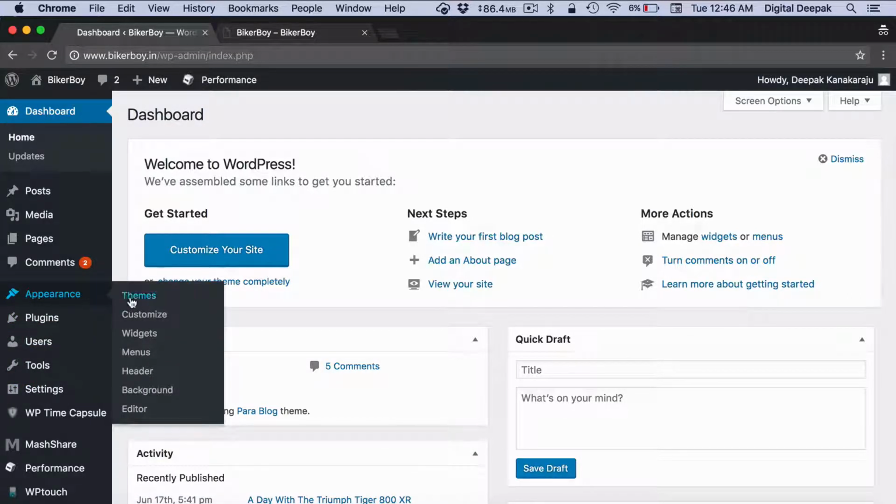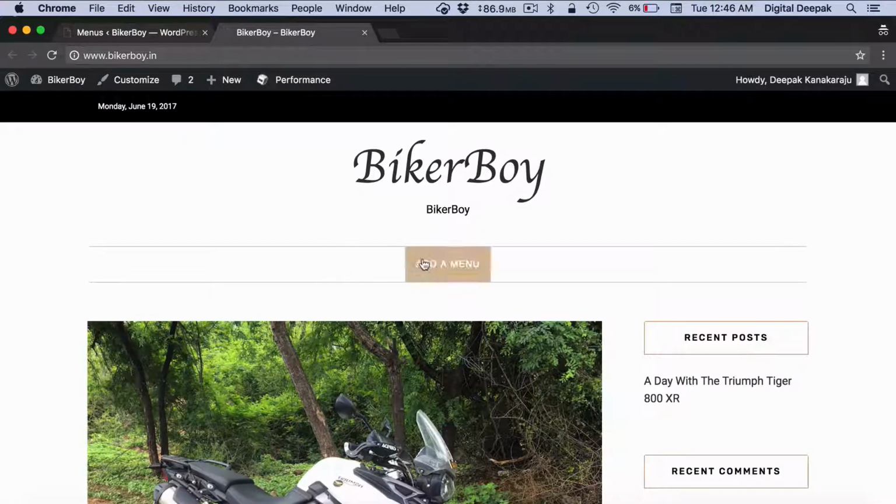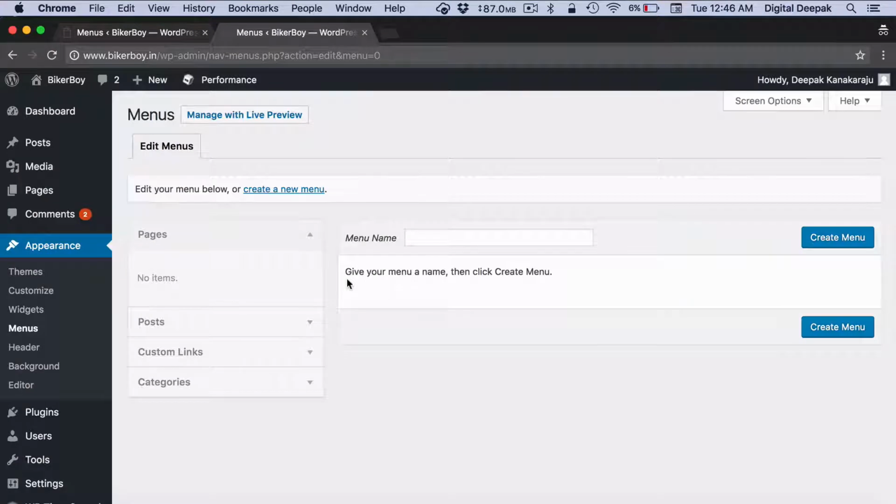So I would go into appearance, click on menus. So here you can see this is the menu we have, and it also shows add a menu. So the menu format in most of the themes is similar.